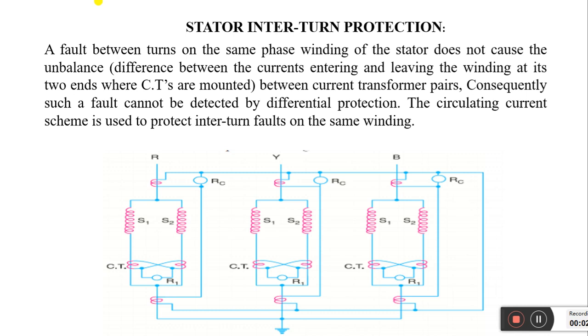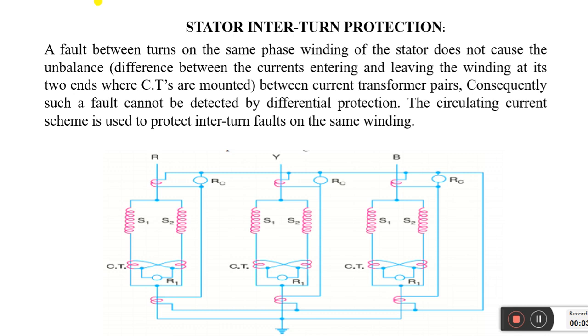Why? Let us say there is one conductor, the R phase, and this R phase has multiple turns. Let us say there are 4 turns, and if 100 ampere current is flowing through this R phase, the same 100 ampere current is flowing through all the turns. All the turns are touching each other, and they are carrying 100 ampere current.